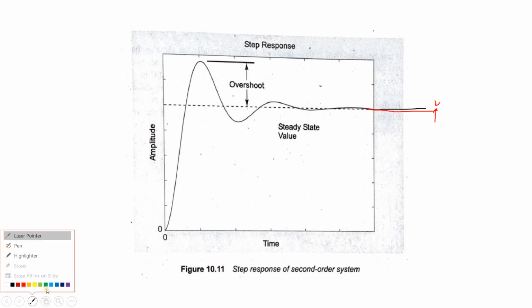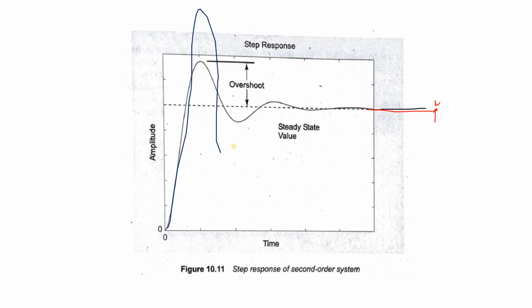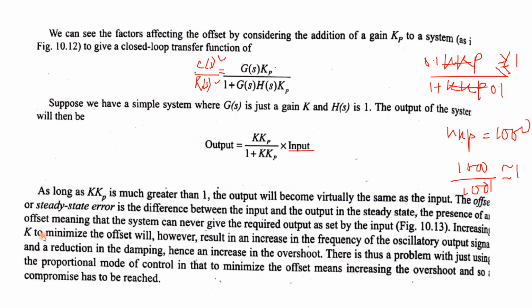So what are you sacrificing? If you increase the value of Kp more and more, then this kind of graph will become more and more frequent. That means it will become like this. When the value of Kp is more, the graph will be like this. That means there is too much overshoot, settling time will be more, and this particular frequency may increase. So this you have to sacrifice, or this is the challenging thing.